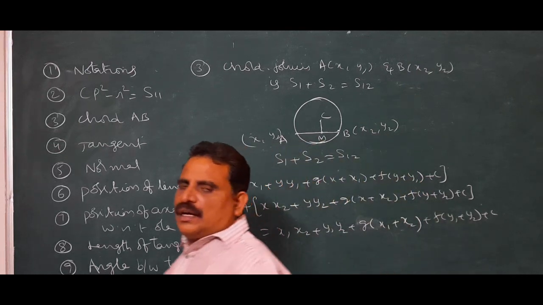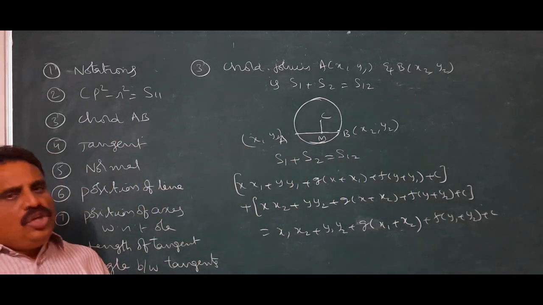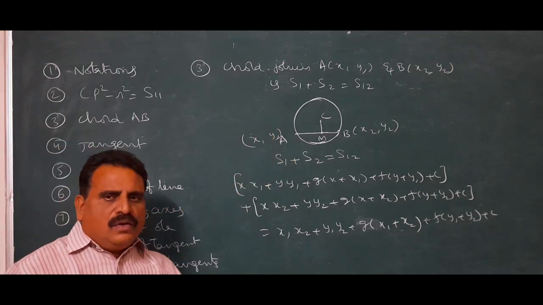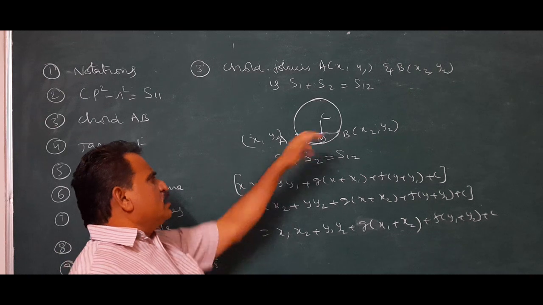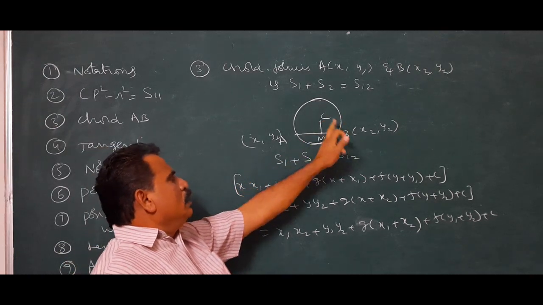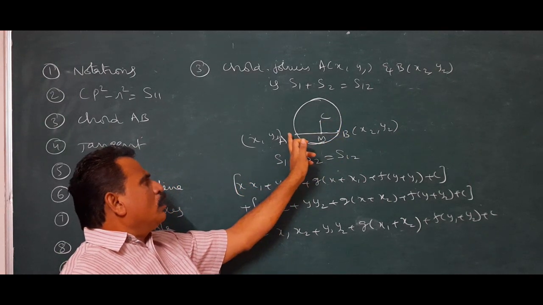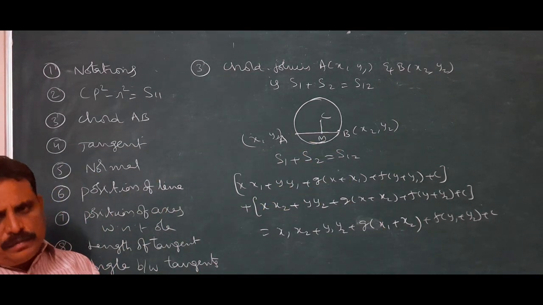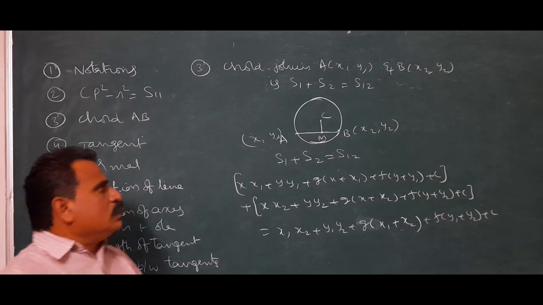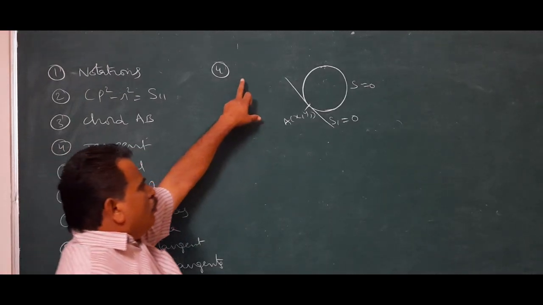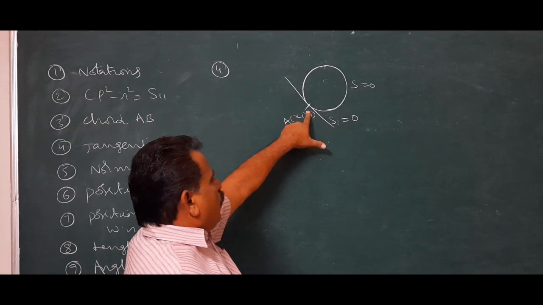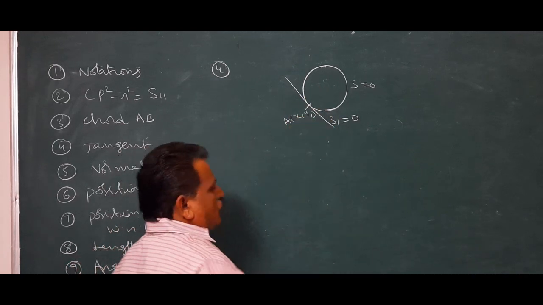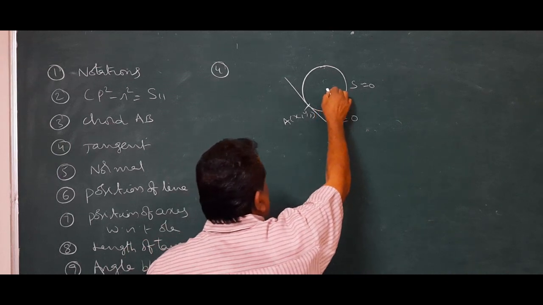Now, we discuss the tangent definition. If the point P moves towards A from any side on the curve, so that B tends to A, then the chord becomes a tangent at A. The equation of the tangent at (x1, y1) to the circle S = 0 is S1 = 0. We can easily derive that.